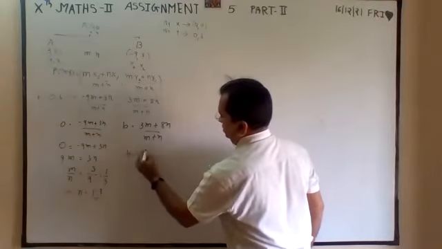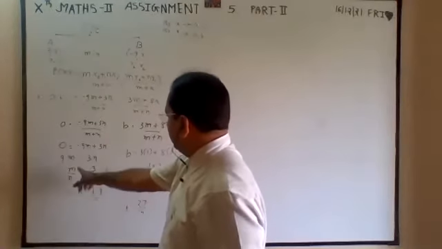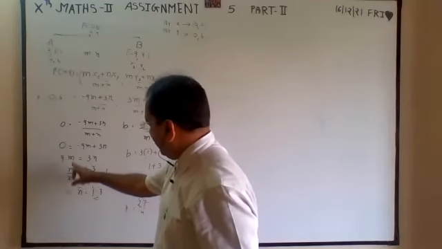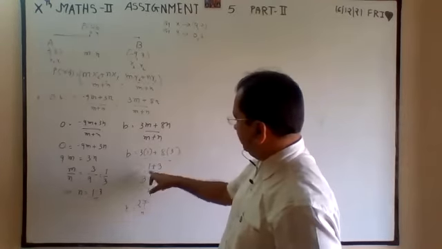So b is equal to 3 ones are 3, 8 threes are 24, 24 plus 3 it is 27, and 1 plus 3 is 4. So 27 by 4. Check once more: x2, x1, y2, y1. Cross product, 0 minus this goes this side. 9m equals 3n, so 9m, 3n, 3 threes are 9, so 1 is to 3. Substituting 1 and 3 here: 3 ones are 3, 8 threes are 24, 24 plus 3 is 27, and 1 plus 3 is 4.